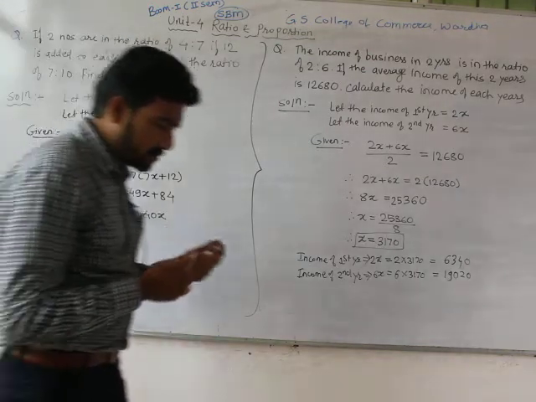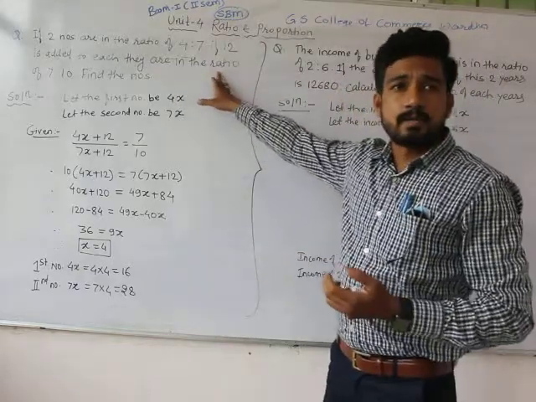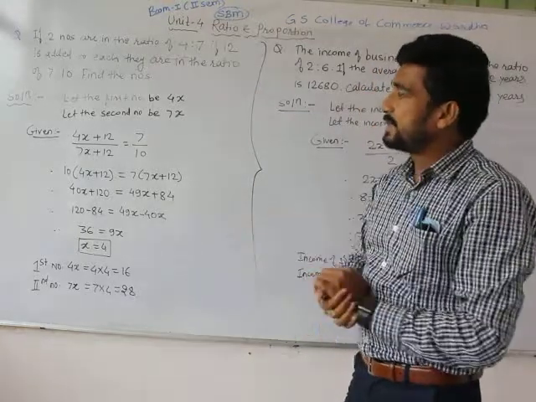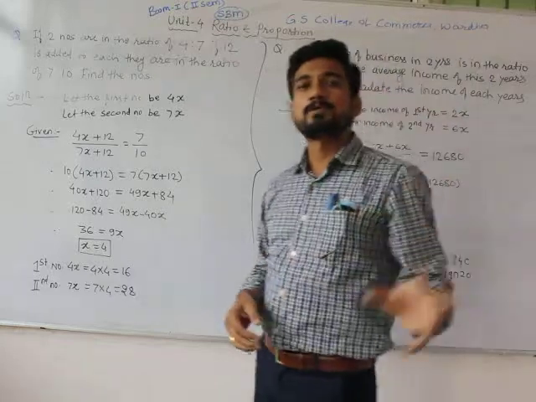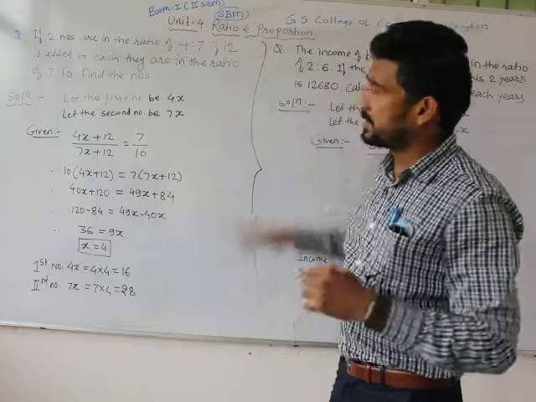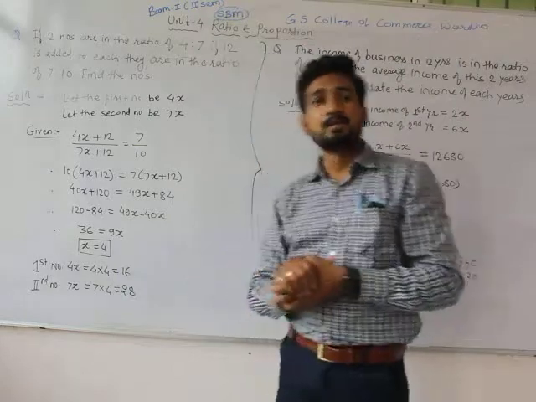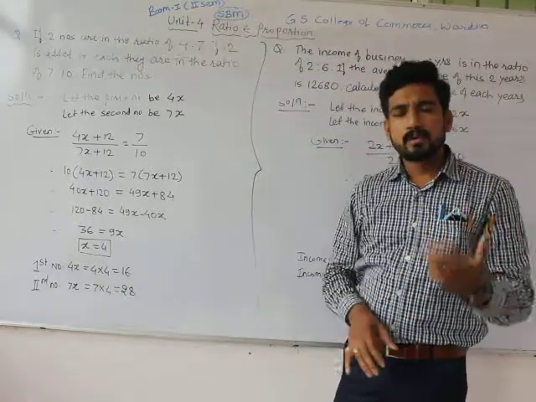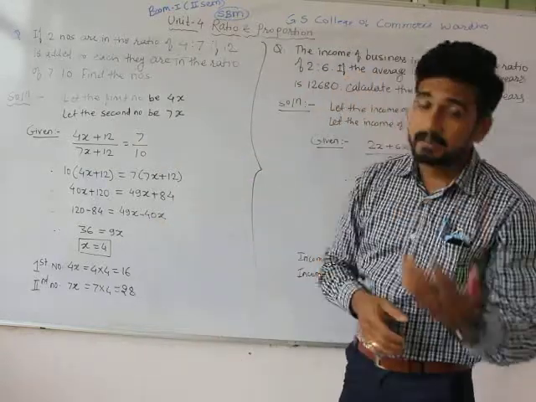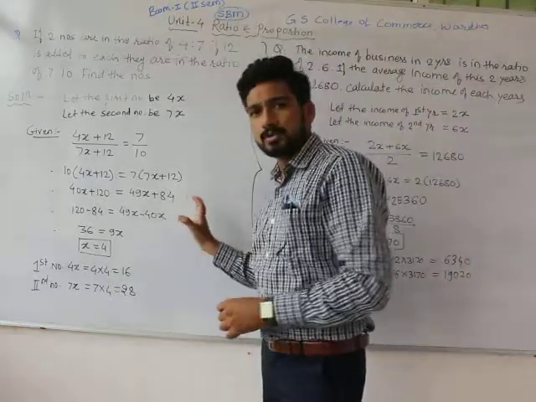So they had given us two ratios. The first ratio they had given us is 4:7, and the latter they had given us is the 7:10 ratio. But the latter ratio is derived by adding 12 to the previous ratio. So 4:7 is the previous ratio. What they did there, they added 12 to each of them, and after adding, we had the new ratio of 7:10. We had to find out the original numbers, which are in the ratio of 4:7 and later are in the ratio of 7:10. So this is the information which they had given to us.